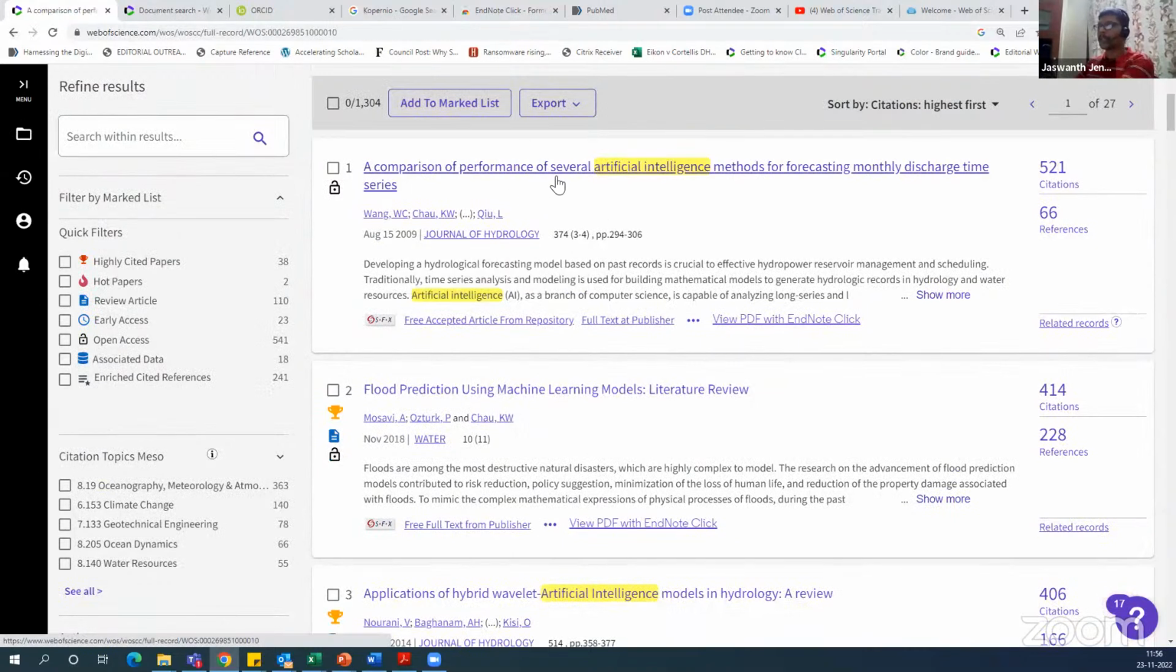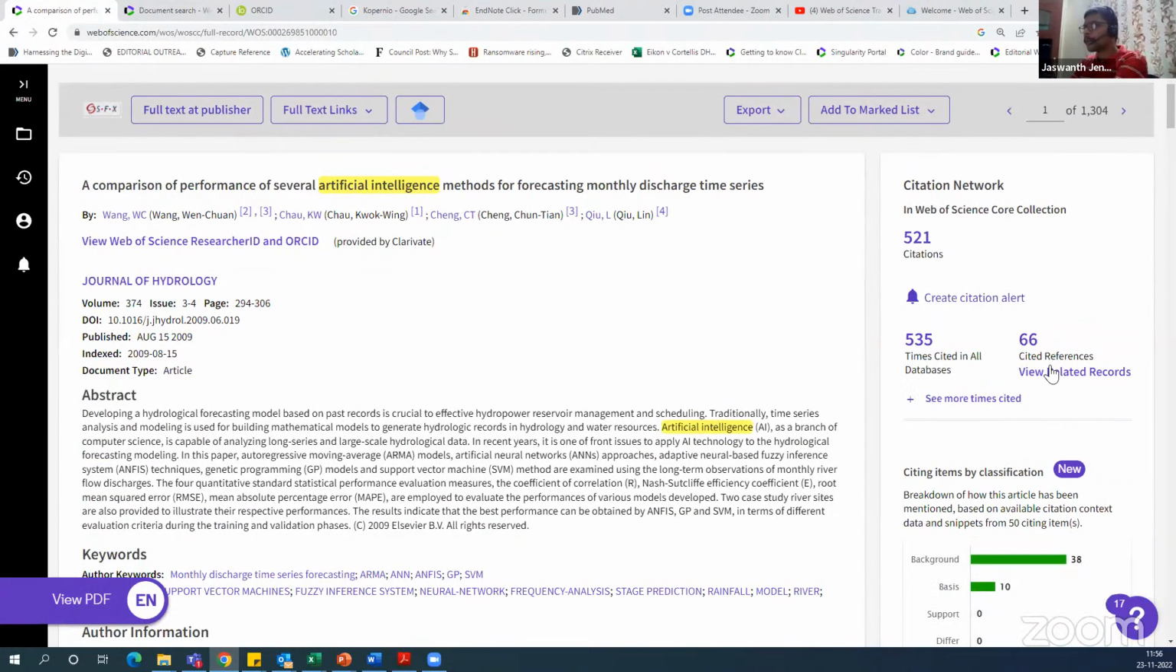Just by clicking here, you have an option of view related records. If you click on view related records, it will help you to get all the papers that have any one of these 66 papers linked to that paper. So this is one effective way of searching papers, because here we are not doing a keyword search. Instead, we are identifying a paper that is very relevant to your area of research, and with the help of the related references, if you click on this,